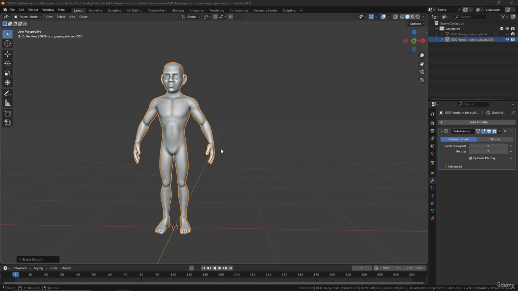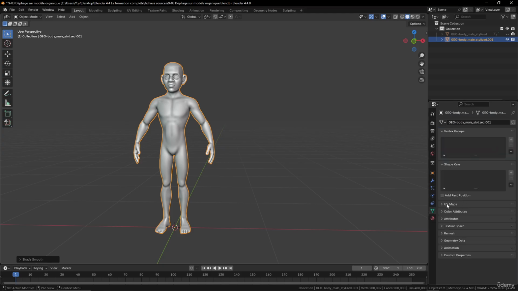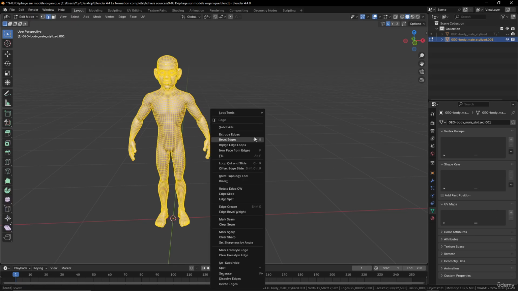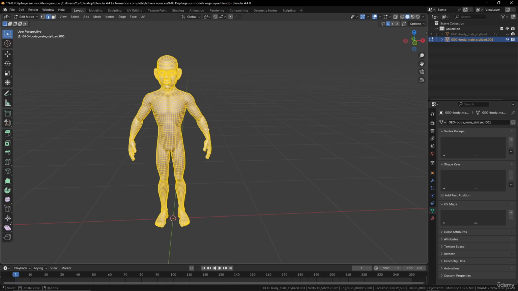So here I have this model and I would like to unwrap it correctly. I did remove any UV map information here. If you want, I will just save the file at the end of the tutorial. If you want to do the exercise, you just remove any UV map, go into edit mode, clear every seam, and you can redo the entire exercise. So let's